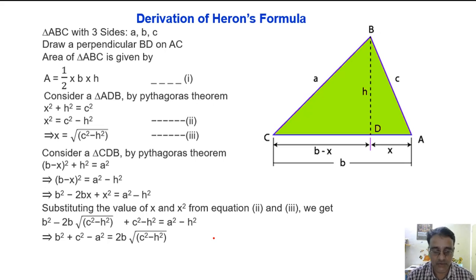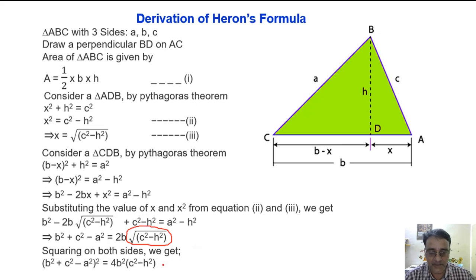Yes, sir. Now square both sides. If you square both sides, this root will be eliminated. Root हट जाएगा. Now this will become 4b square and this will become whole square. Whether this step is clear? Yes, sir. Now 4b square को लेफ्ट साइड में शिफ्ट करो, नीचे आ जाएगा यहाँ पे. Clear?